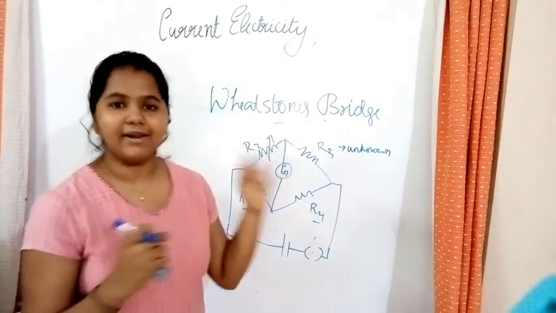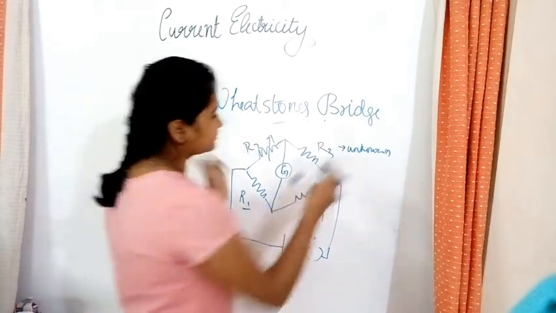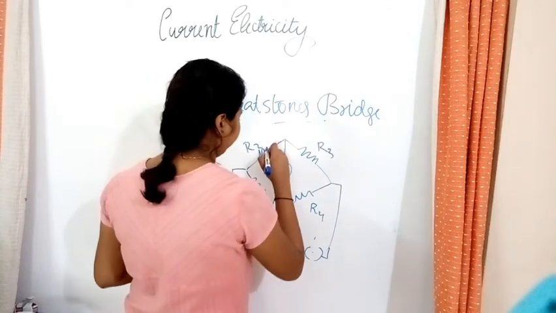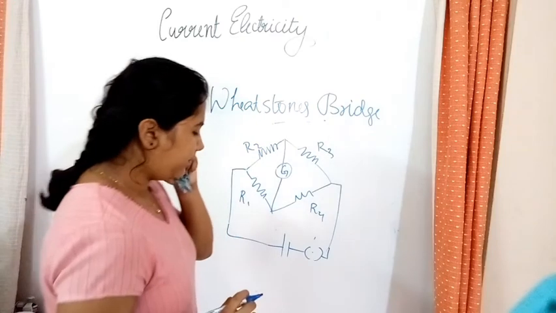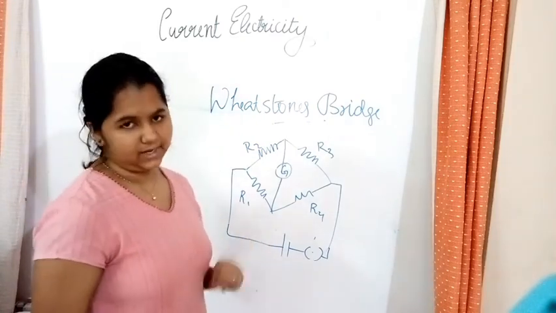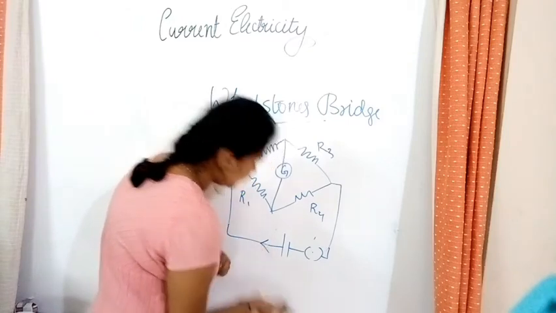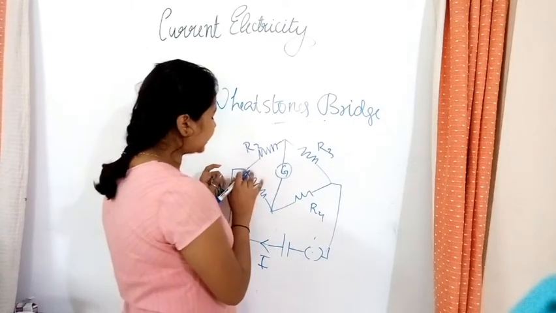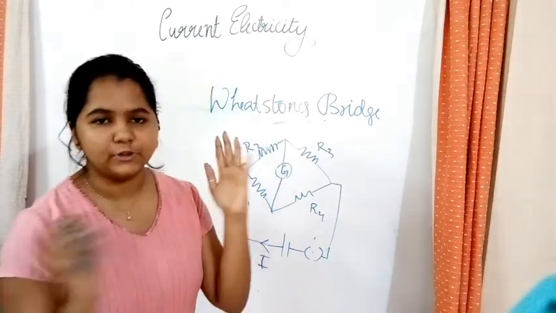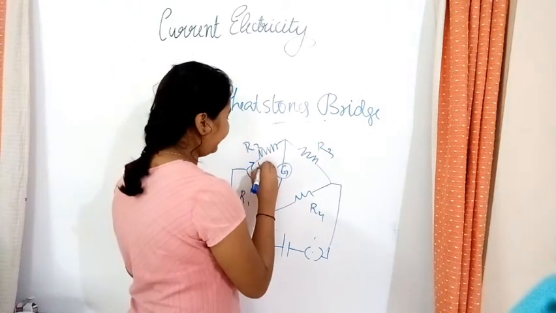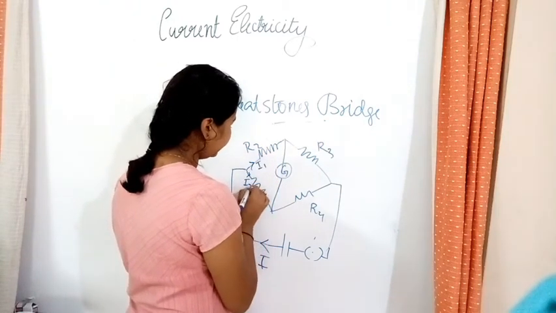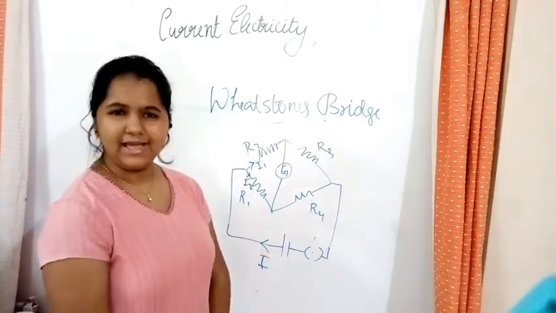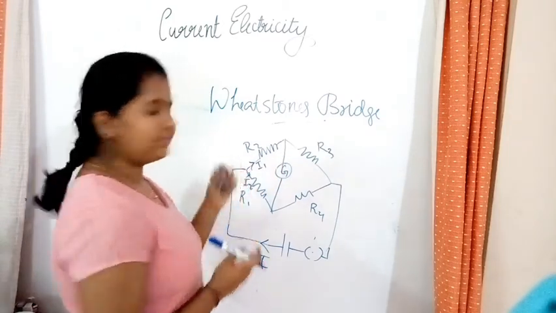Now let's see the current passing through each of the resistors. I'll use the same diagram for explanation. This is our cell, our battery. There is a current moving. That current is termed as I1. So the I1 will move and it will come here, no? When it comes here, it will split into two, I1 and I2. Now which part should we take first? Let's take the first one, I1 itself. So we'll move with the I1.